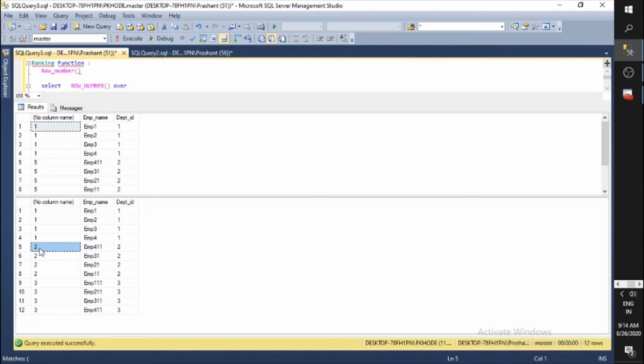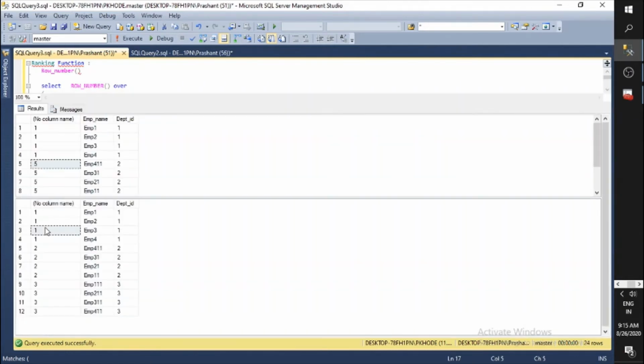If we use dense rank, it won't skip anything, but if we go with only rank, it will skip the value and come to the next number. So after 1 it should be 2, but in the rank it would be 5, right, because it has skipped the 4. And in the dense rank the next value is 2. So this is basically the difference. In the dense rank it never skips the value, but in the rank it skips the value. See, 1 1 1, then this 2 is 4 times, so 2 2 2, then 3. It basically depends on the requirement, how we want to use it.